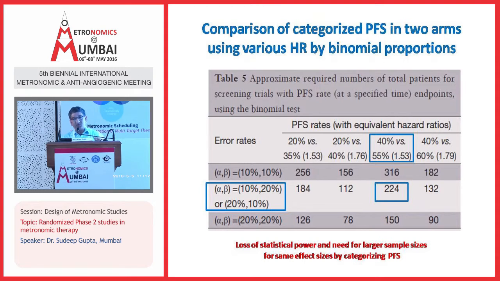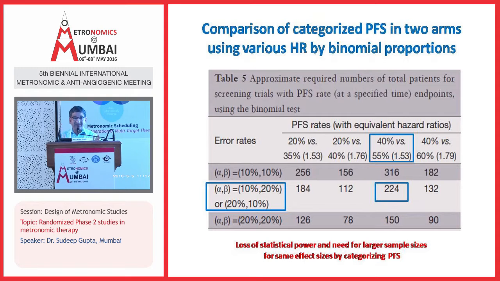When you compare 2 proportions, you use a binomial test of significance, and when you compare 2 survivals, you use the log rank test. And you can see here that for the same example, alpha at 10% and beta at 20%, and for the same hazard ratio, now you need 220 patients when one needed 110. So there is a balance.